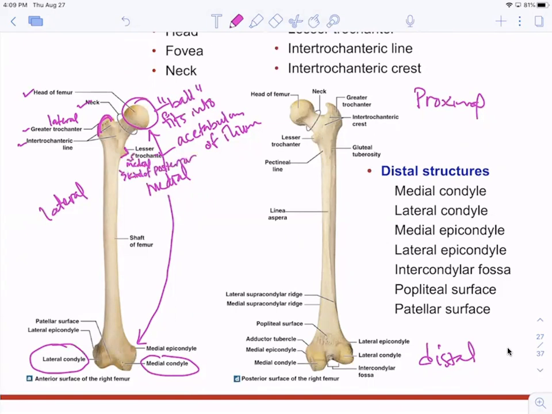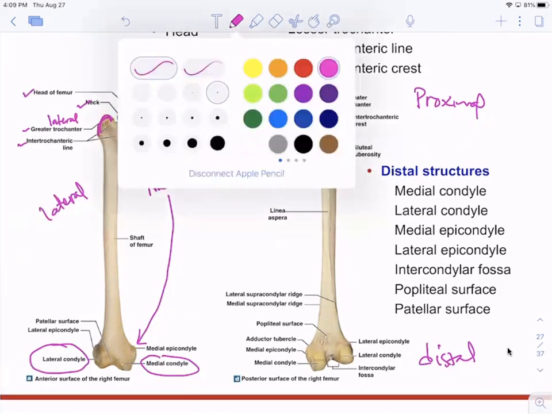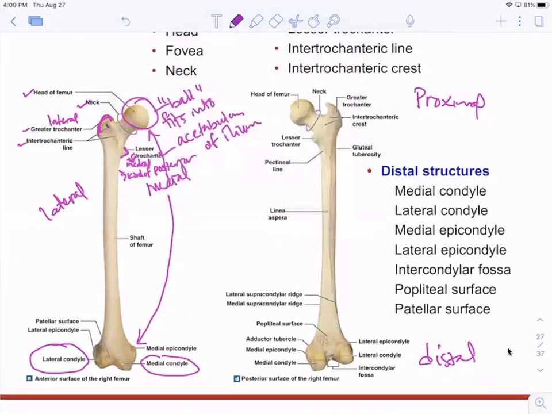So the lesser trochanter is medial and kind of posterior. Now, between these two trochanters, in the anterior view, there is a little line that forms right here. It's where there's raised up bone. And this is the intertrochanteric line. And again, inter means between. Trochanteric means between trochanters. And it is a line. So that's the intertrochanteric line. Please note, intertrochanteric line,